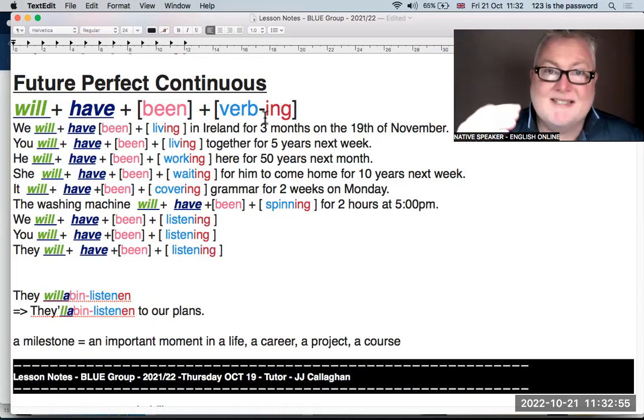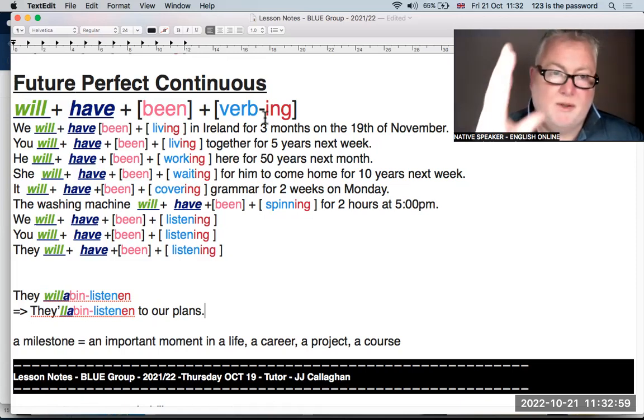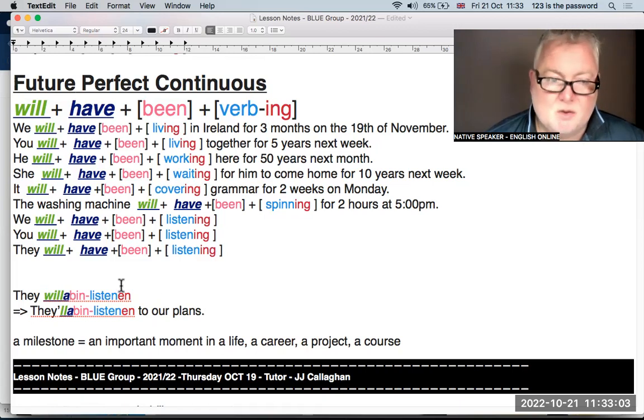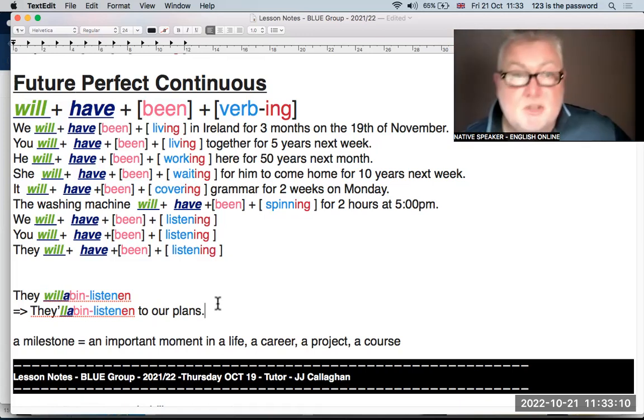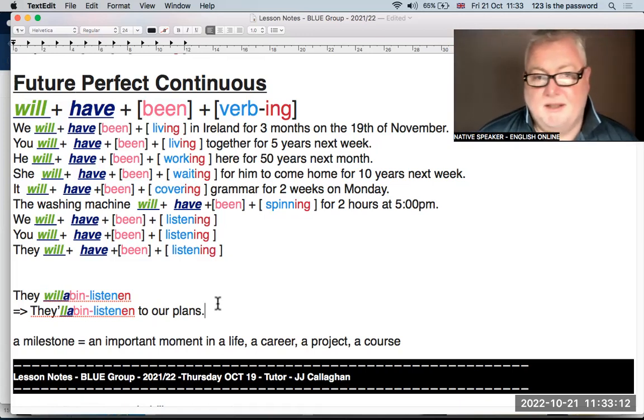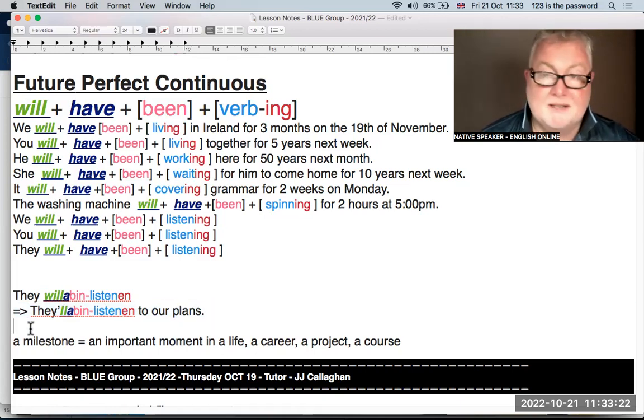English language is a smoothie. It's not pieces of fruit. It becomes liquid and it flows. Okay, so they'll have been listening to our plans. So when you're making an estimate or an assumption about what will happen at a future moment, you'll say they'll have been, okay. So for example, on Saturday,